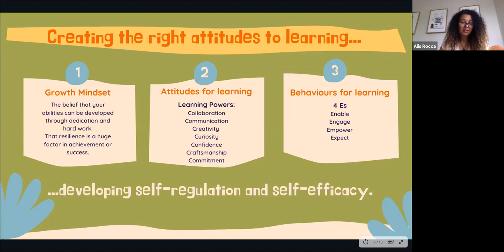Then we taught them about curiosity. That's all about the wanting to find out new things, the understanding of the power of yet, linking that back to the growth mindset, asking questions, reasoning things through, challenging themselves, and understanding that mistakes are a crucial part of learning. Then we built their confidence and told them how important it was to believe in themselves, to be resilient